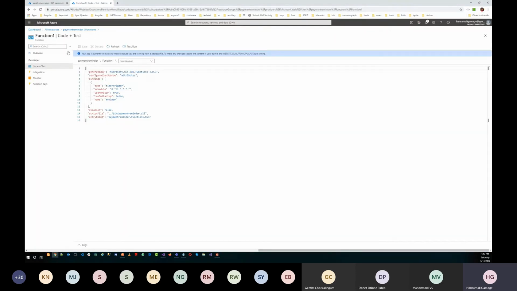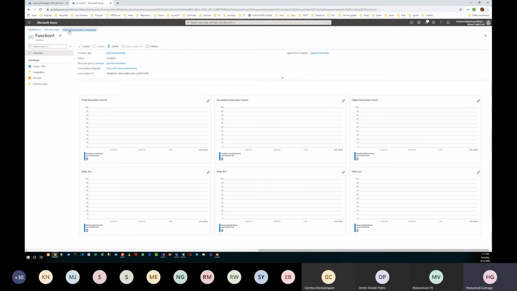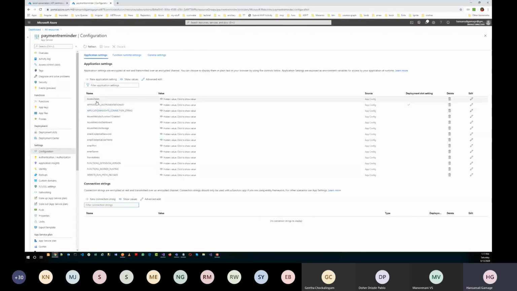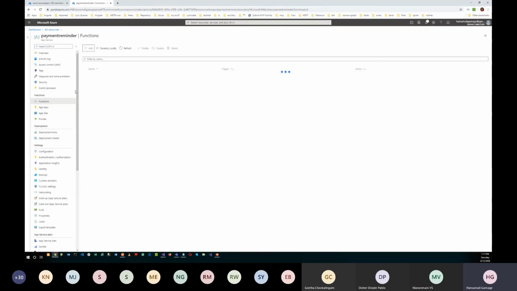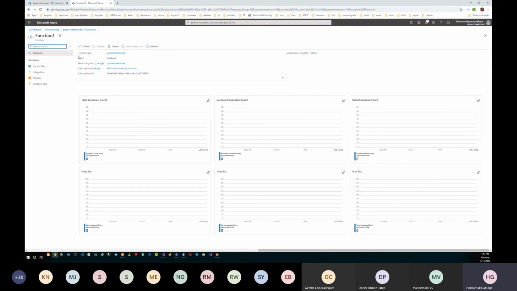You can provide that from here, from the configuration. You can provide the access token and these email settings from here. I have disabled this one, so I will enable it to work.